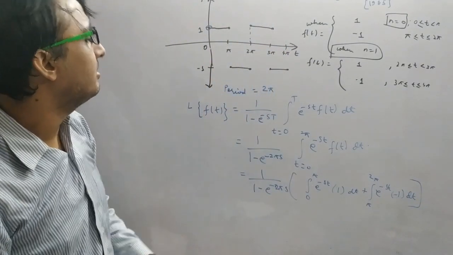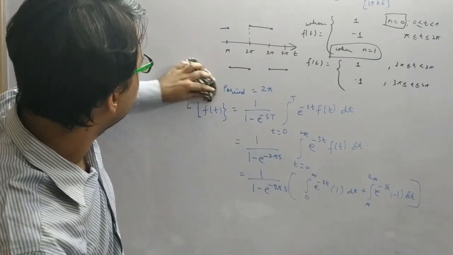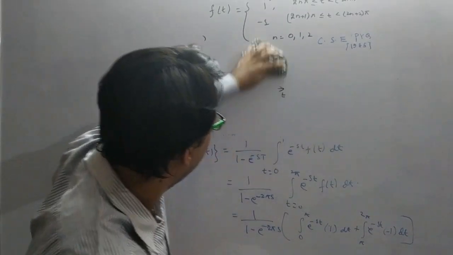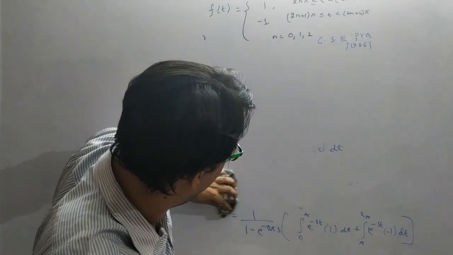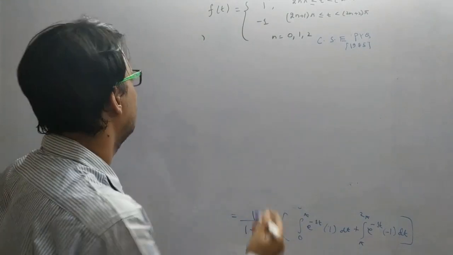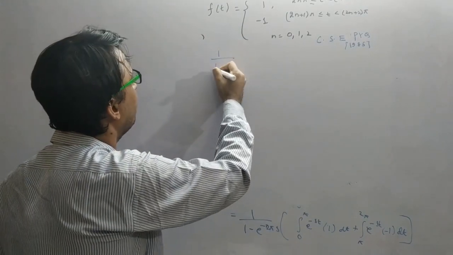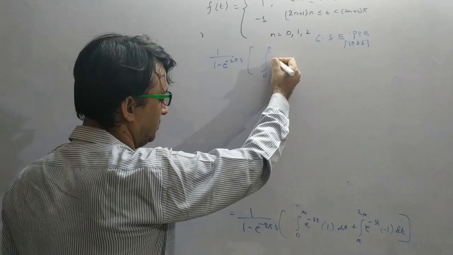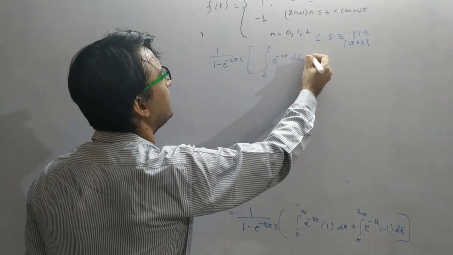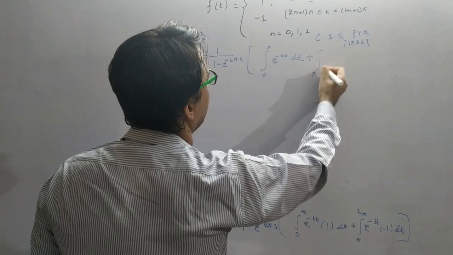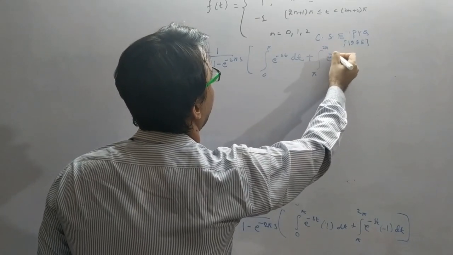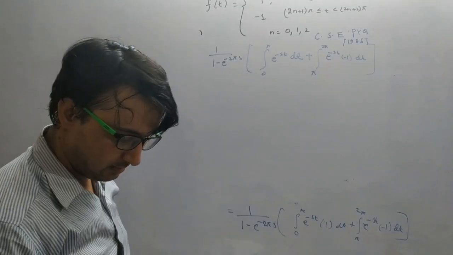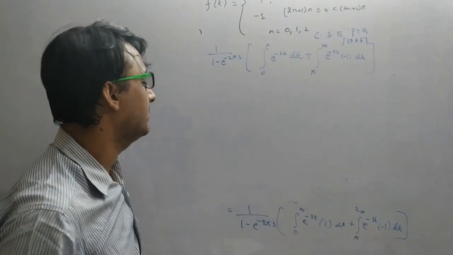Now I will rub this diagram so that I can solve this. Okay. So our integration becomes 1 by 1 minus e to the power minus 2 pi s, integral 0 to pi e to the power minus st dt plus pi to 2 pi e to the power minus st times minus 1 dt. We'll close the bracket. Alright. Now